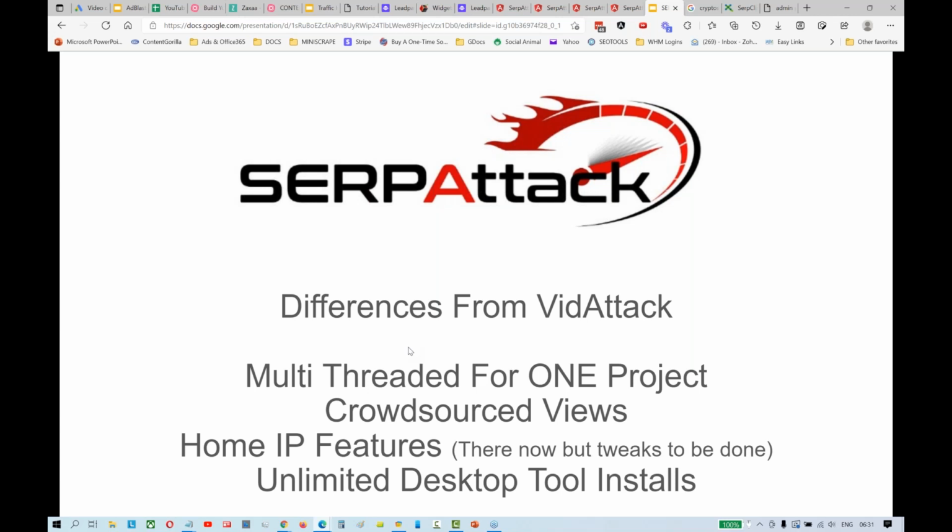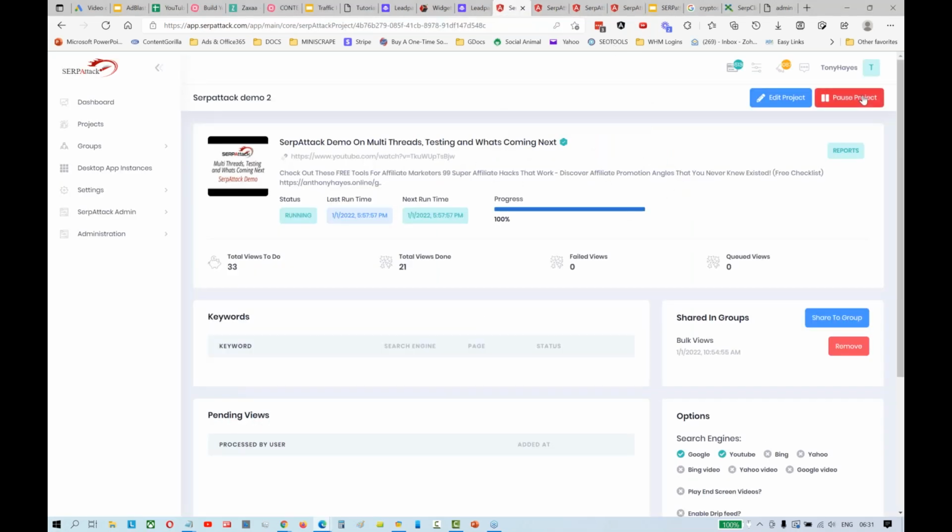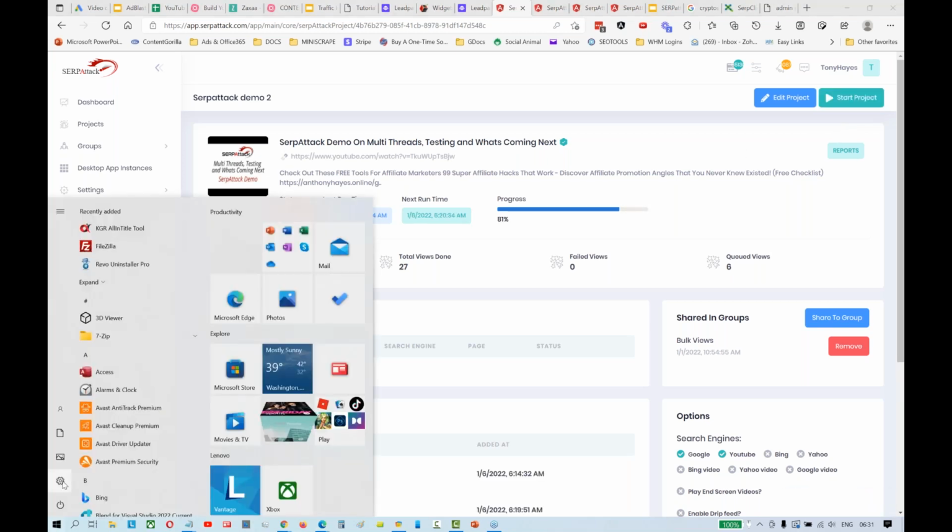Okay. And what I suggest to do, I just come back in here again. I think I'm going to have to actually pause that campaign before I come back in. Click on pause over here. You can see the campaign paused here. If I come back into the desktop tool,